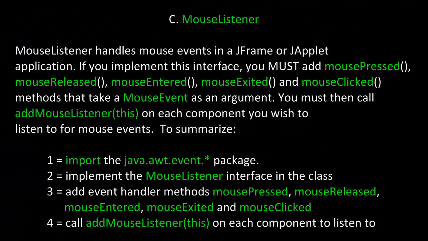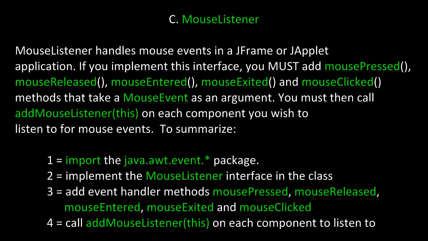The next event handling interface we're going to examine is MouseListener. MouseListener handles mouse events in a JFrame or JApplet application. If you implement this interface, you must add mousePressed, mouseReleased, mouseEntered, mouseExited, and mouseClicked methods that take a MouseEvent as an argument. You must then call addMouseListener and pass it this pointer on each component you wish to listen to